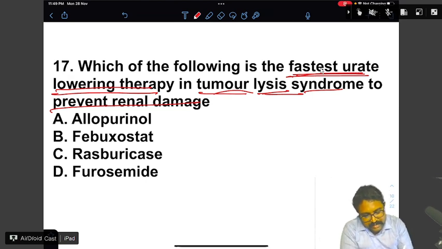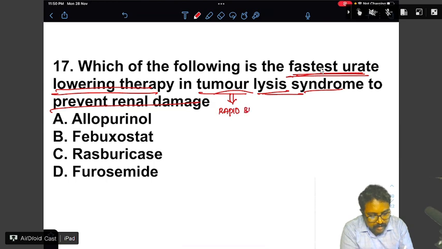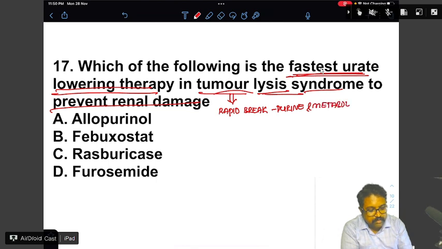As you can see, in tumor lysis syndrome there will be rapid breakdown of the cellular component. Mainly it is the purine and its metabolites that will be formed, and these purines will be excreted out with the help of the